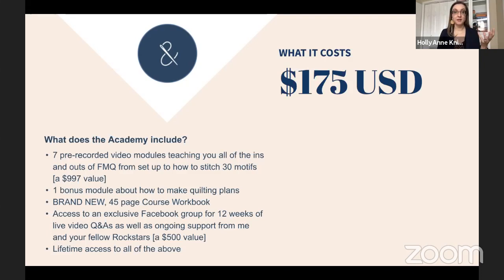On the one hand, I know that means for many of us, money is tight. That's why I've sought to make this as accessible as possible. It also means that more than ever, it's important to have the skills to finish your own quilts. We're spending a lot of time at home. We're away from friends and family. And what better time to develop the skills to finish our own quilts, to give to our friends and family